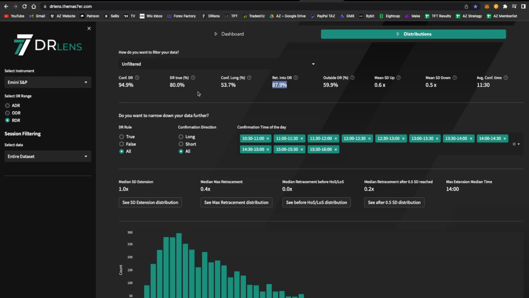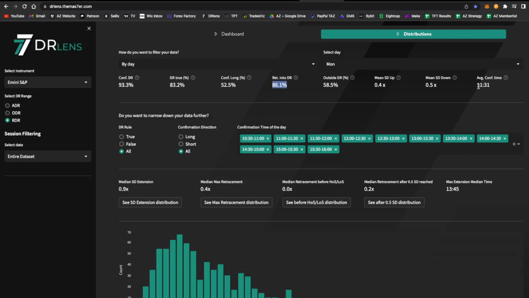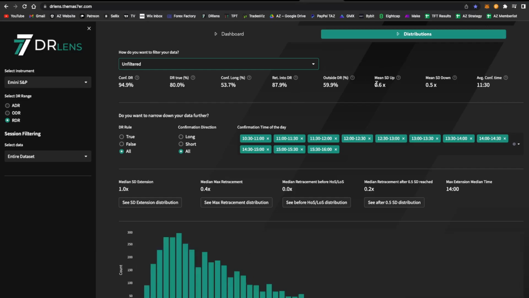Most of the time, the price action went back inside of the range, so there shouldn't be any rush. With almost 90% on, hang on, by day. Let's go for a day. Yeah, almost 86%. 11:31 is the average confirmation time for Wednesdays, usually by the month. Unfitted, let's go for unfitted. Pretty much the same stats. So we will see the mean standard deviation to the upside is 0.6 and the mean standard deviation to the downside is 0.5. But roughly just before